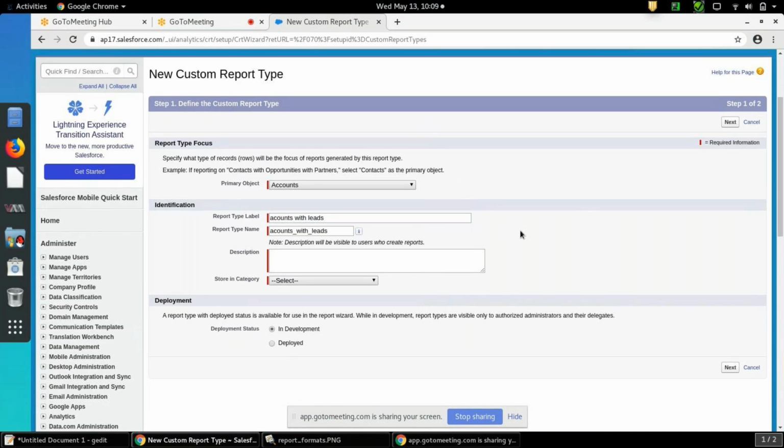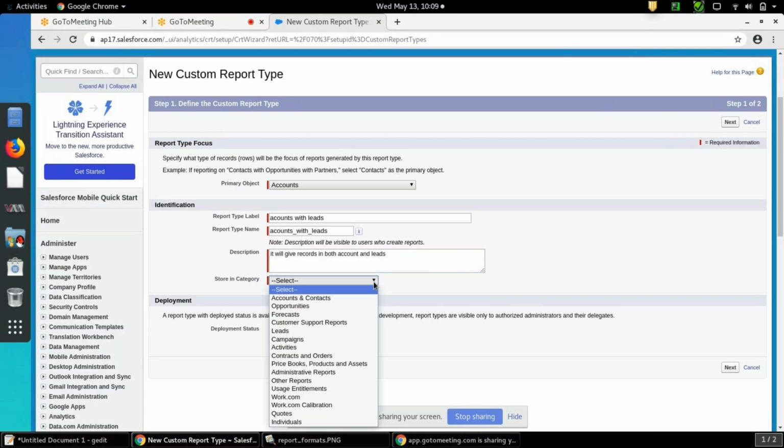Accounts with leads. It will give records in both accounts and leads. Okay. Store in which category? There are some categories already defined by Salesforce. There you can store this report type. So what I will do, I'll store in